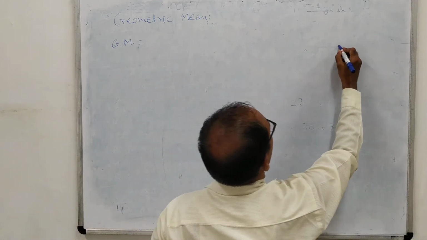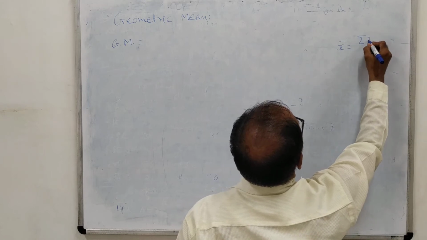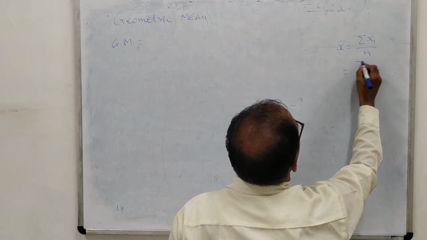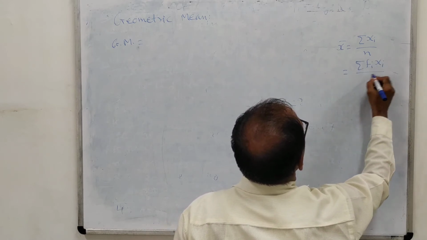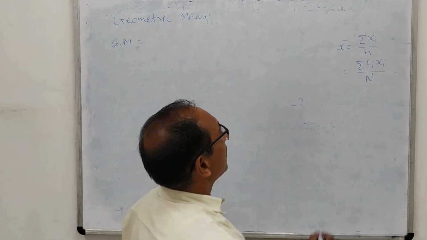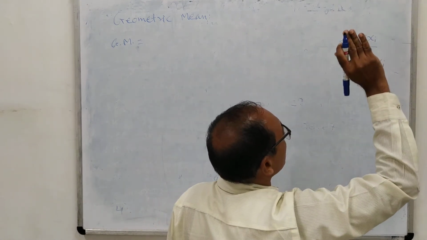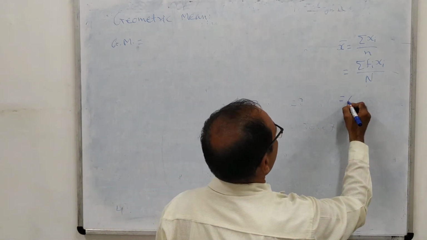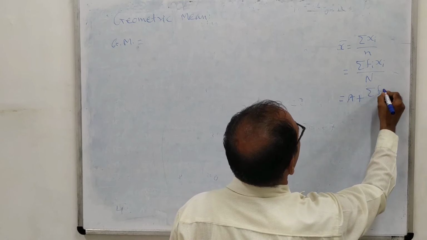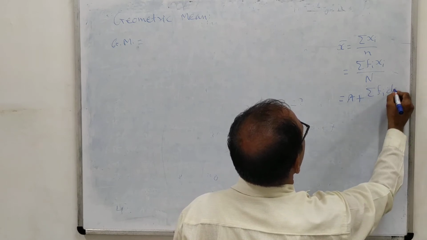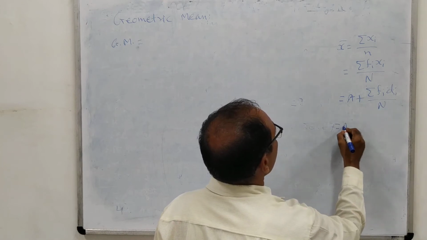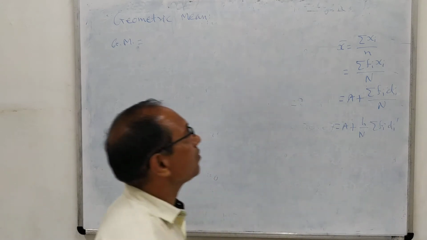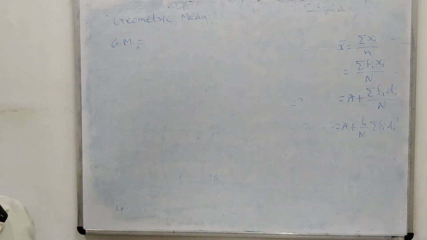For the mean we have seen the formula sigma xi divided by small n for ungrouped data, and sigma fi xi divided by capital N for grouped data, which we can use for a simple frequency distribution and a grouped frequency distribution. Then we also saw the simplified form, sigma fi di upon capital N, and the formula h upon capital N into sigma fi di. These are the formulas to find the arithmetic mean. Now we see the geometric mean.